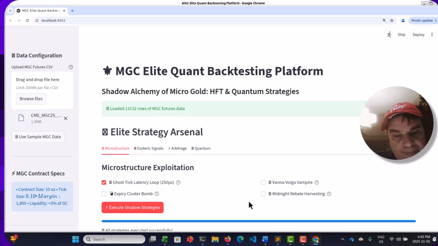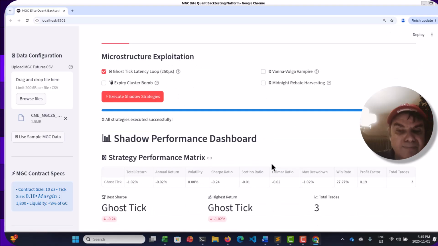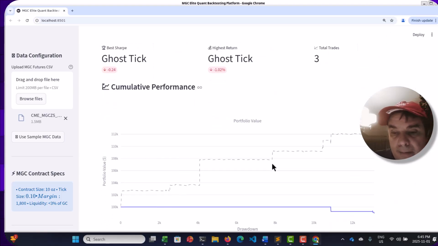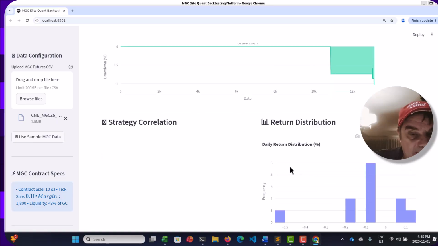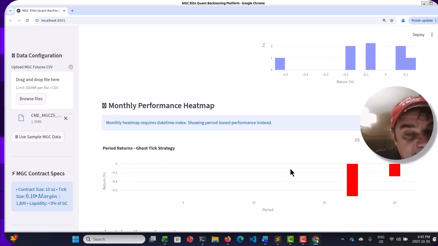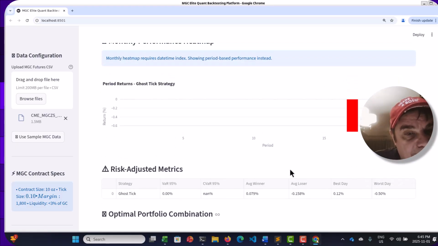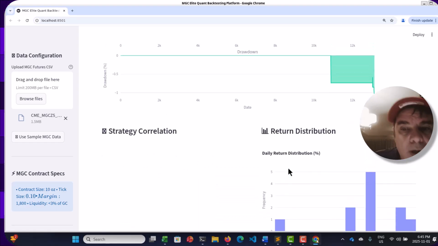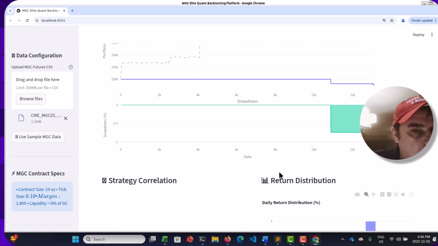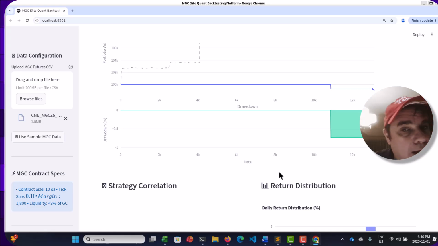Let's go. So here it's already done it. Wow. Okay. So this is the type of data we get. Again, this charting is going to be high frequency trading level stats that you wouldn't get through a traditional trading platform. You just won't get it.